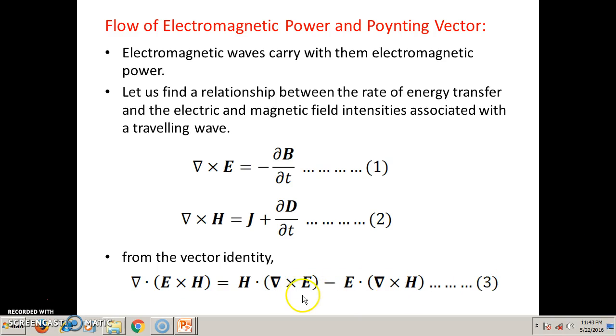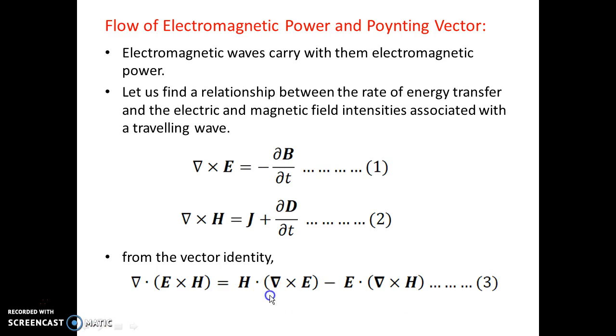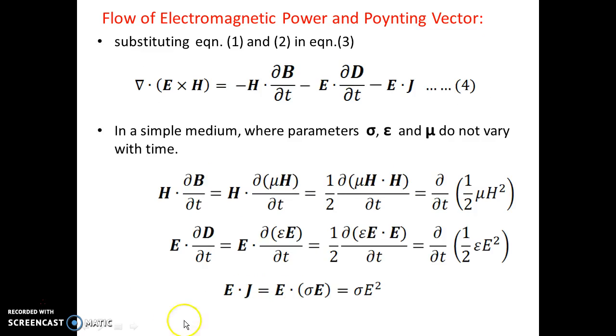From the vector identity we can write the divergence of E cross H is equal to this equation. Using this vector identity we can substitute equations 1 and 2 in equation 3, which provides us an equation like this. In a simple medium where the parameters conductivity sigma, permittivity epsilon and permeability mu do not vary with time, if these parameters are taken as constants, then we can write